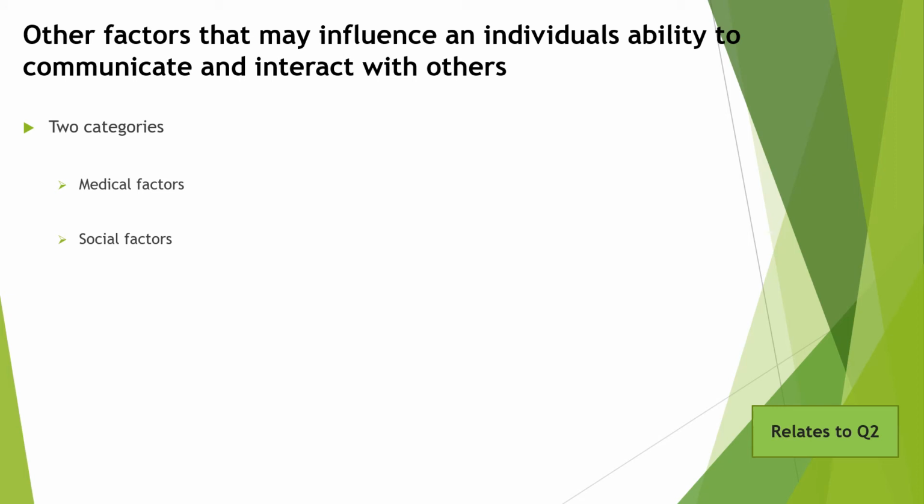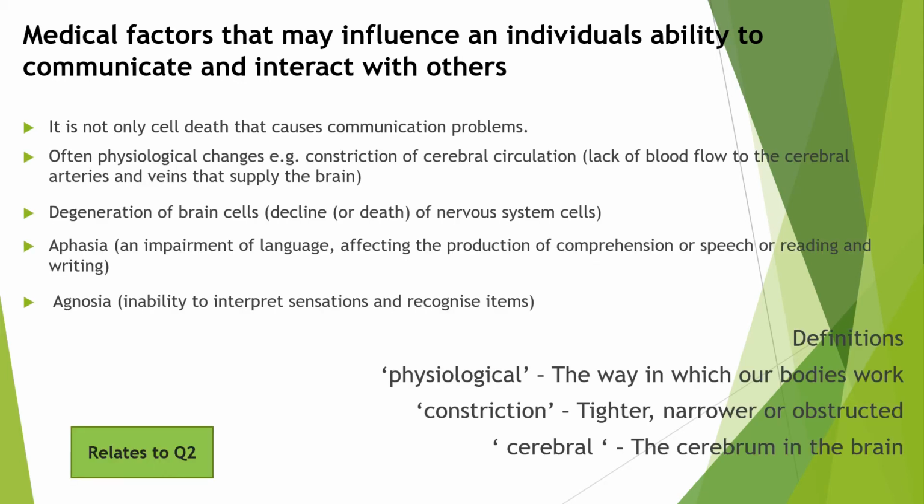We're now going to look at slides relating to question number 2, and we're looking at other factors that may influence an individual's ability to communicate and interact with others. And it's split into 2 categories. We're going to look at medical factors and social factors. So here are some of the medical factors. So it's not only cell death that causes communication problems,